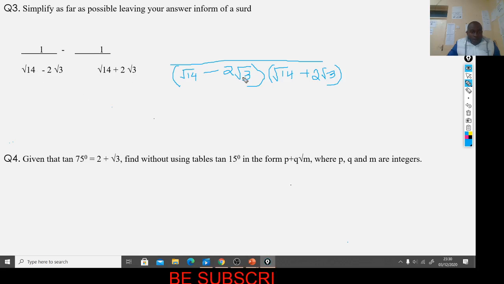So this one comes here these times. So it will be 1 times root 14 plus 2 root 3,